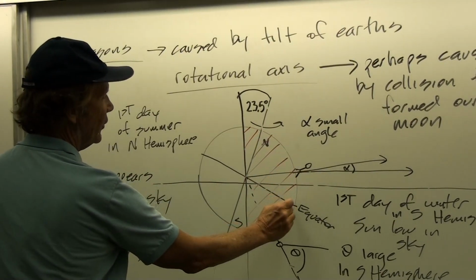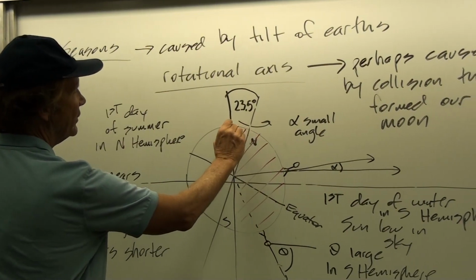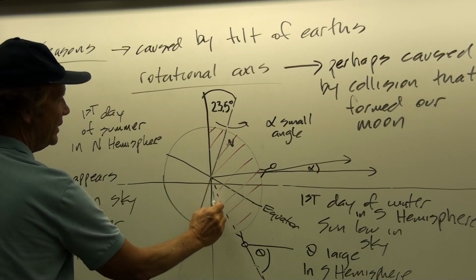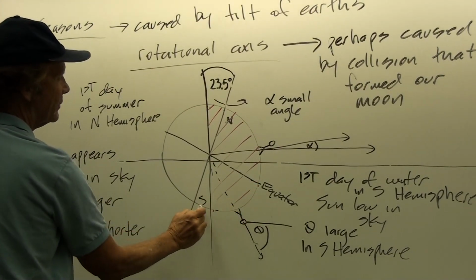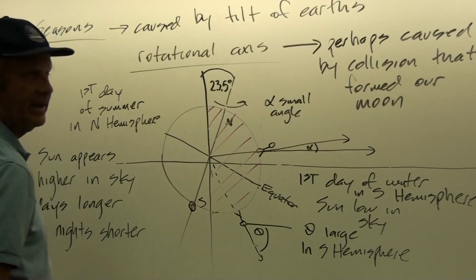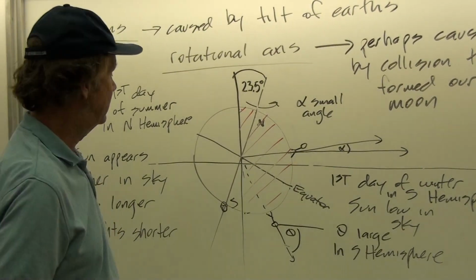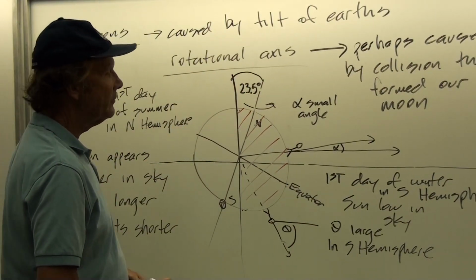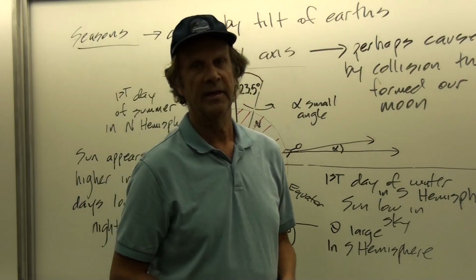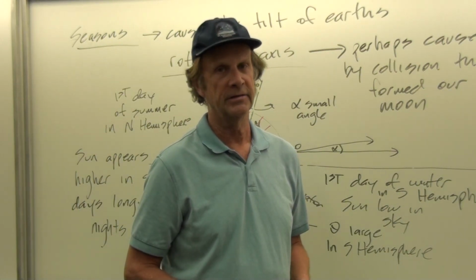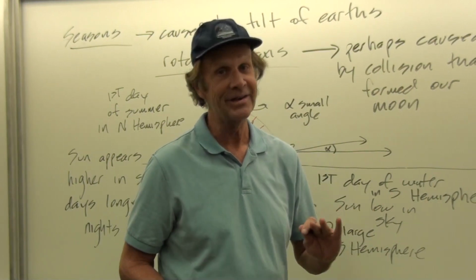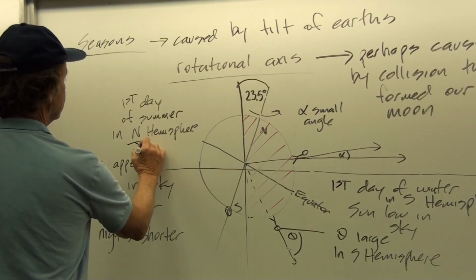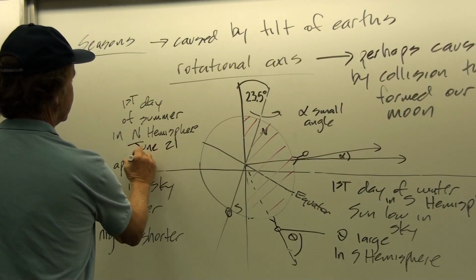We can see here that the northern hemisphere is getting more than its fair share of the light all the way past the North Pole with the sun higher in the sky. But here we're just getting this little slice of the southern hemisphere. And so at this time of the year, Antarctica would never even see the sun. Okay, and so this creates quite a bit of a difference in the climate that is associated with the summer months in the northern hemisphere, and then it can be quite a shock if you go to the southern hemisphere. This happens around June 21st, depending on whether it's leap year or not.